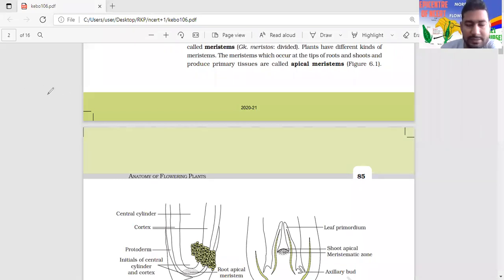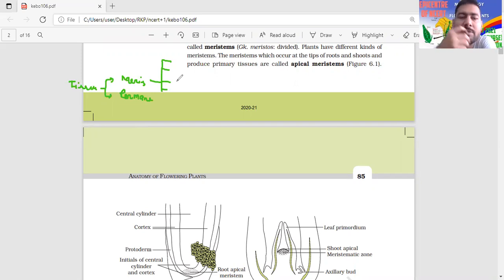Tissue is classified into two different types. First is the meristematic tissue, and second is the permanent tissue. Meristematic tissue is classified in different ways, which we have discussed already, on the basis